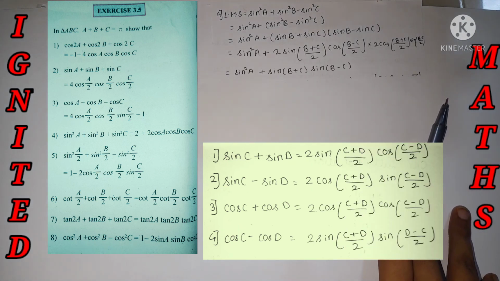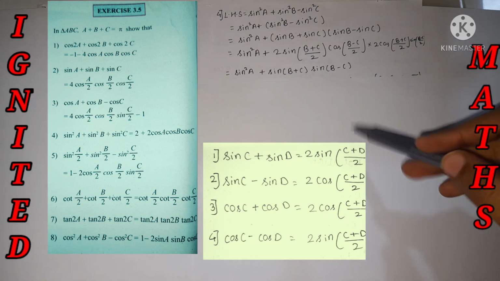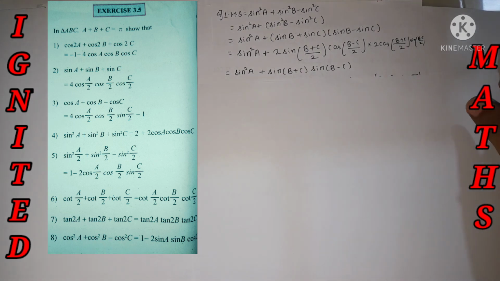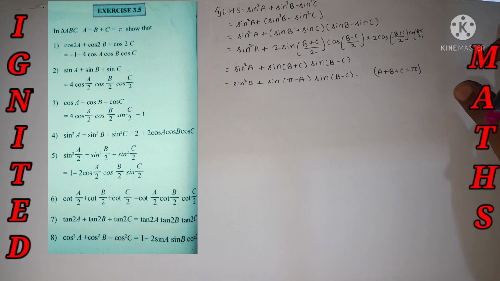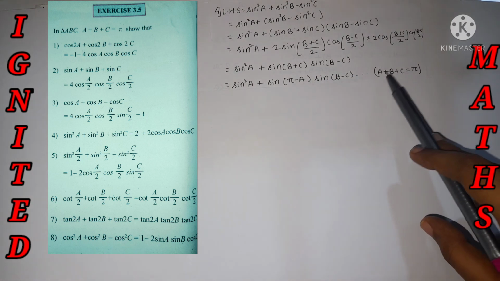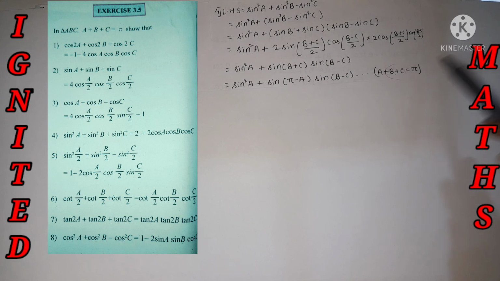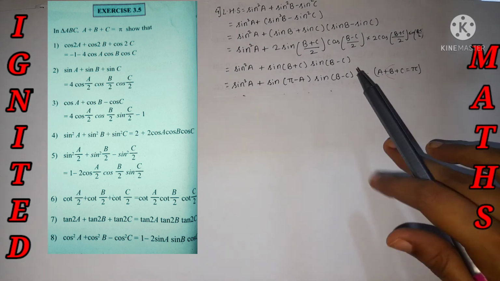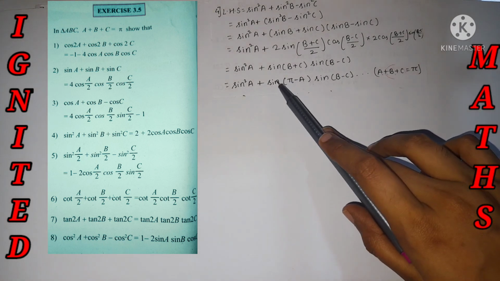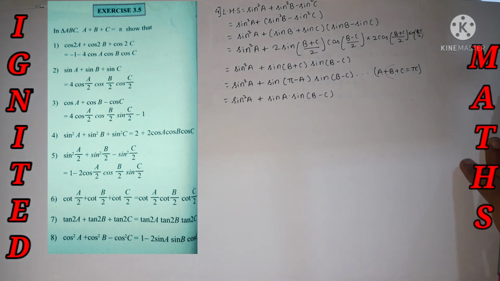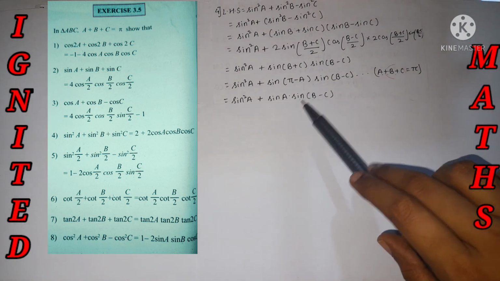According to the formula we will get the answer, just cross check with the left hand side. I'll mention all the important things on the left hand side only. So sine (B plus C) can be written as sine (pi minus A), since A plus B plus C is equal to pi, so B plus C is equal to pi minus A. And the rest I have represented as sine (pi minus theta), which is nothing but sine theta. Theta over here is A.